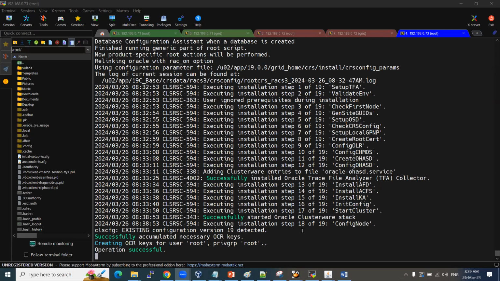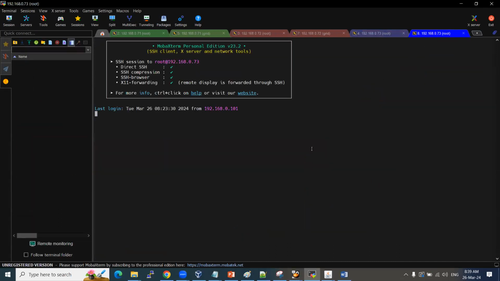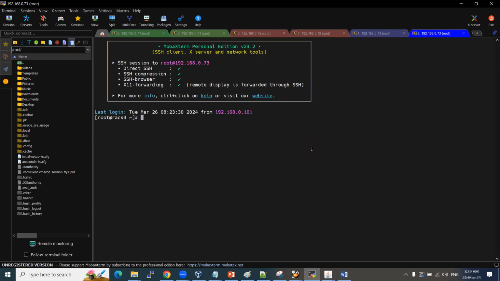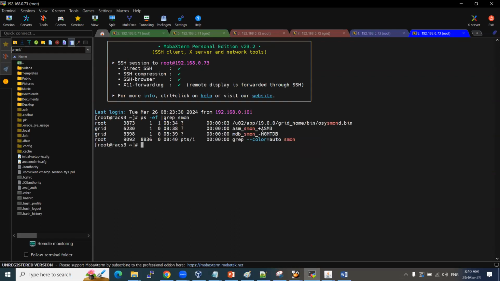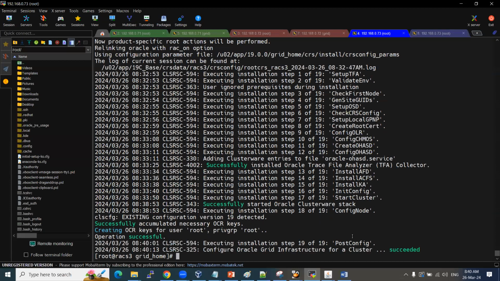We need to see that the software is successfully installed on node 3. We can take a duplicate session also. We should be able to see ASM3 running. Yes, ASM3 is running. Post config execution steps done. So we have successfully